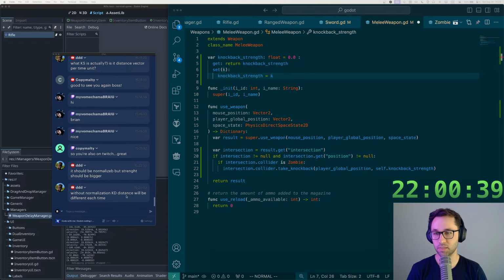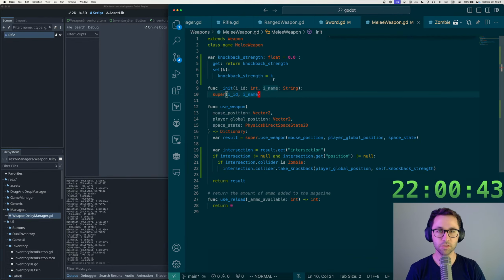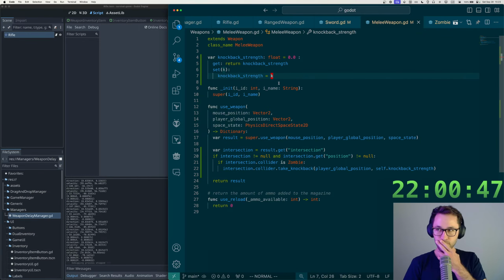Without normalization, KD distance will be different each time. Yeah. So yeah, you're right. It does want to be normalized, but I'm using the strength for the wrong thing. So I want to use the strength to say how far away it should get pushed, basically. And then